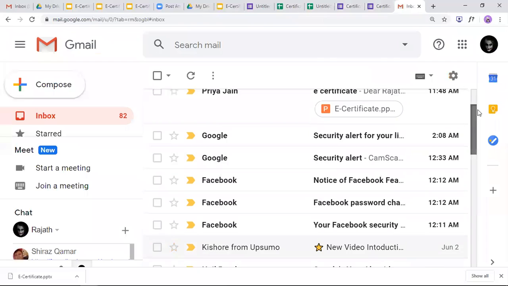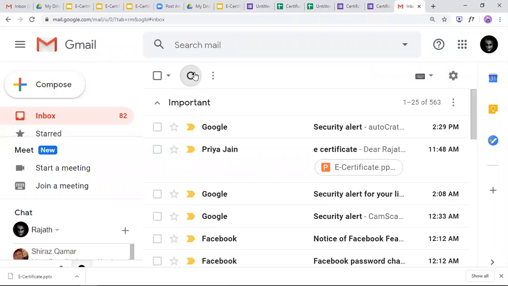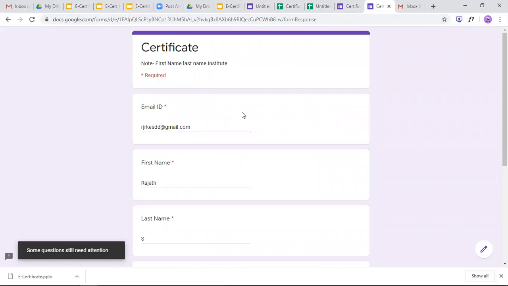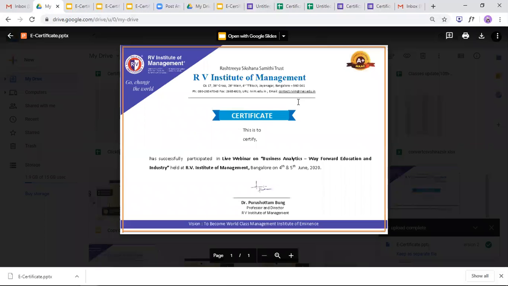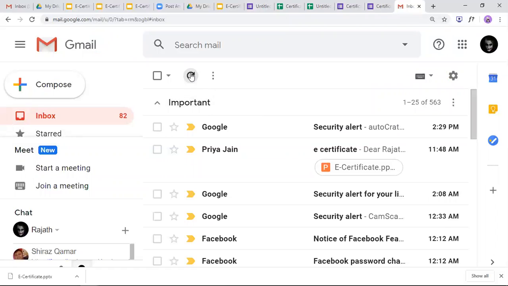It doesn't come in email. Actually, I tried with Certify EM and I'm able to create the certificate. The problem I faced was that in all the answers I filled, I didn't use tags. So my mistake was tags only; the rest all came. I was not able to upload the template, but now I understood how to upload it. You just have to upload and then convert it into Google Slides.